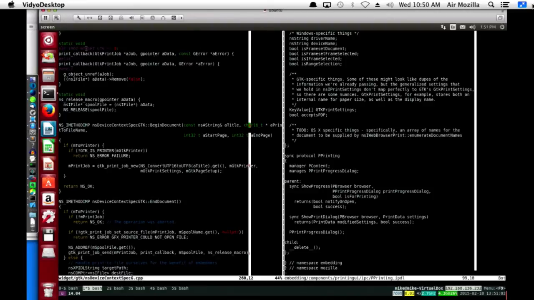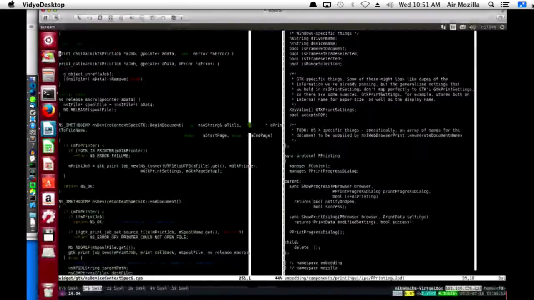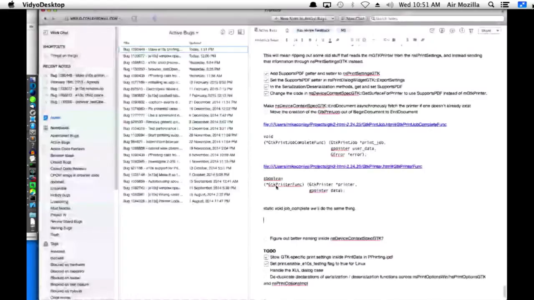Oh, I see. In GTK 3, they changed the signature a little bit. Okay. Cool. On job complete, we'll do the same thing. I don't think there's any reason we can't just use the same callback. So the real trick is the enumerator.